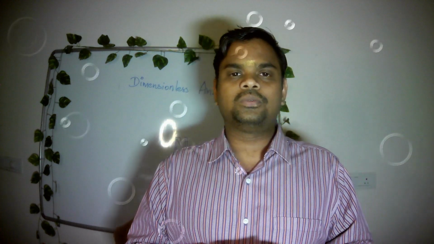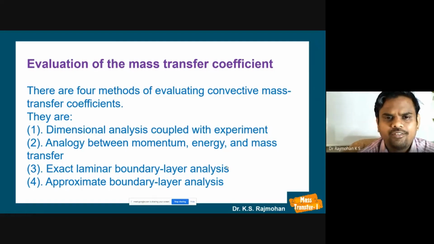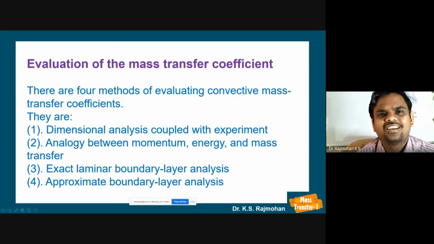So we can have 3 pi groups. Okay, so it is possible to attain 3 pi groups. So we will define those 3 pi groups in this lecture. Okay. So we have seen evaluation of the mass transfer coefficient can be done through dimensional analysis, or it can